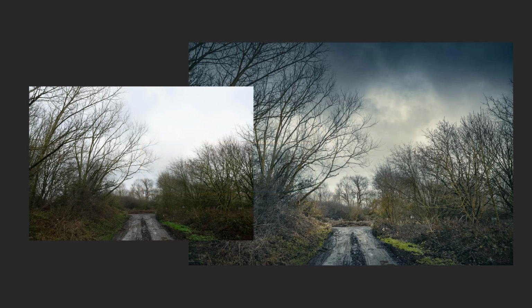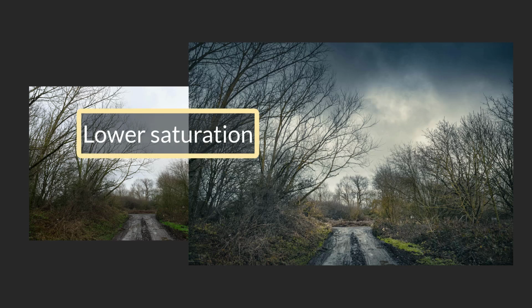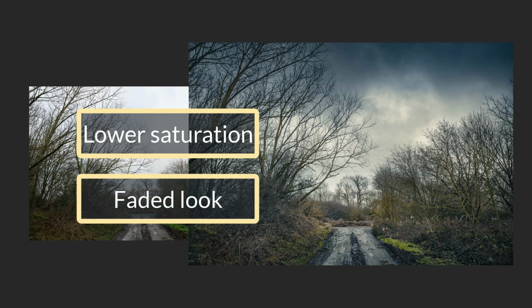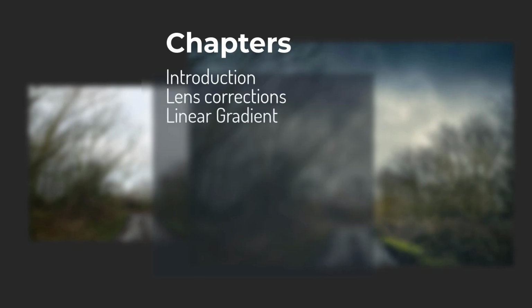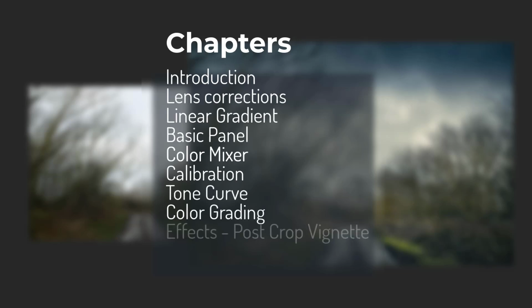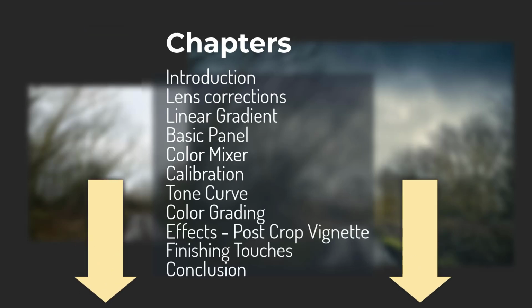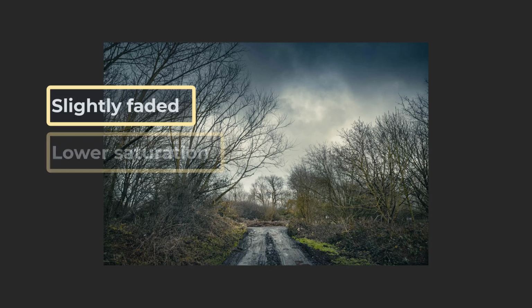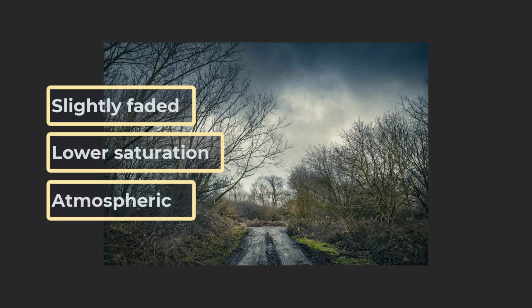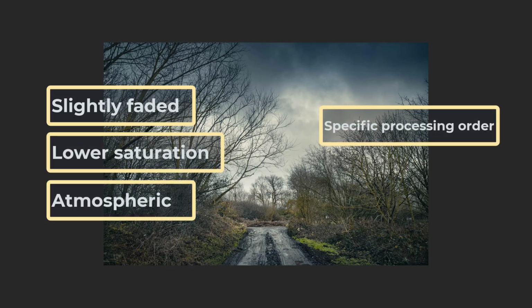And for this type of processing, I've opted for a lower saturation, faded look to achieve that creative effect. To make things easier for you, I've divided the video into chapters, and you'll find those chapter links in the description below. Anyway, for this slightly faded, low saturation, atmospheric look, I process my images in a very specific order,